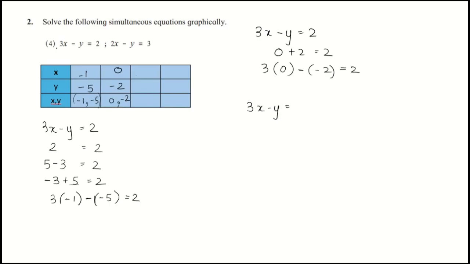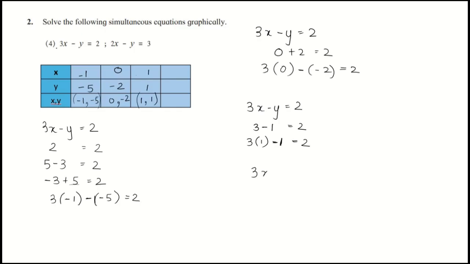3x minus y is equal to 2. Possible points: if we take 3 minus 1, we also get 2. How can we write this 3 minus 1 in equation form? 3 into 1 is 3. This minus 1, how can we write it? The minus will remain the same because we already have the minus in the equation: 3 minus 1 is equal to 2, where we have x as 1 and y as 1. Here y will be 1, not minus 1, because this minus sign is from the equation form, not from the minus 1 form. So x is 1 and y is 1. 1 comma 1 is another point that we got.